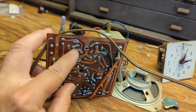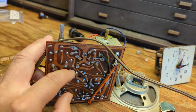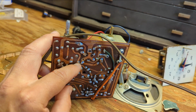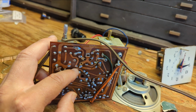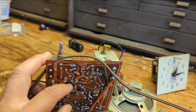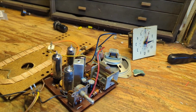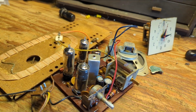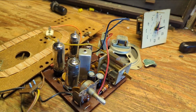So what we want to do is make a little cut here in the lead, because what we want to do later is add a little wire with a switch on the end so that we can cut the radio signal off and on, so that when the user chooses to have their audio going through, it won't be polluted by radio. And likewise, we want to be able to have the switch to turn the radio signal back on, so that if someone wants to listen to a ball game or whatever comes on AM radio these days,